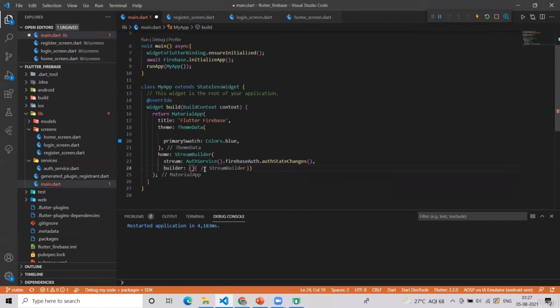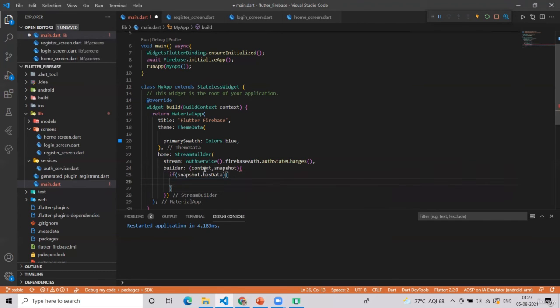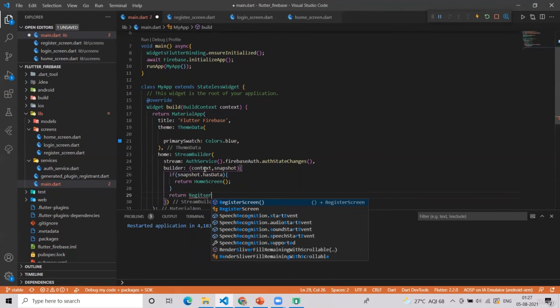In the builder, we have, as usual, context and snapshot. Here I will simply write if snapshot.hasData, then we would return HomeScreen. But if not, then we will return the register screen.